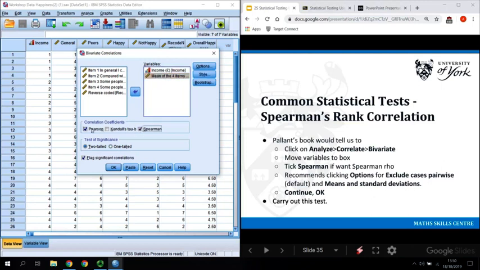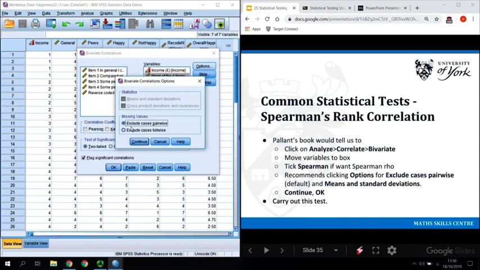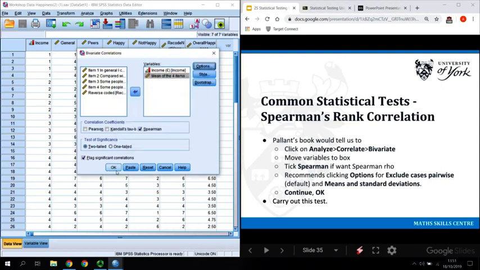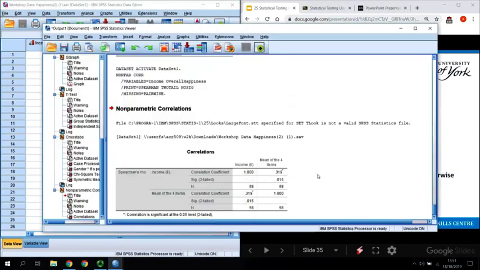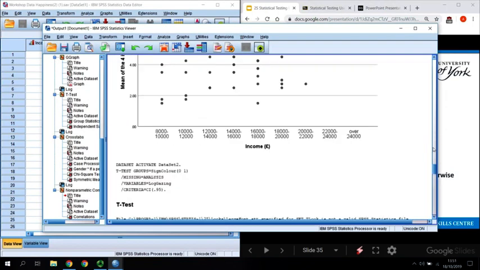We tick the Spearman's box, and then it recommends clicking the options and leaving the default, which excludes cases pairwise. And you might want to click means and standard deviation. It's not going to let us click means and standard deviation in this case, and that's because we've got this variable in as an ordinal variable. We'd have to change that income variable to scale in order to get this to work. If we click OK,